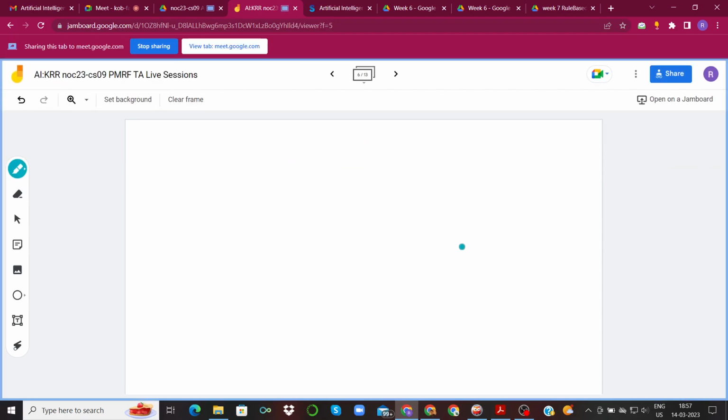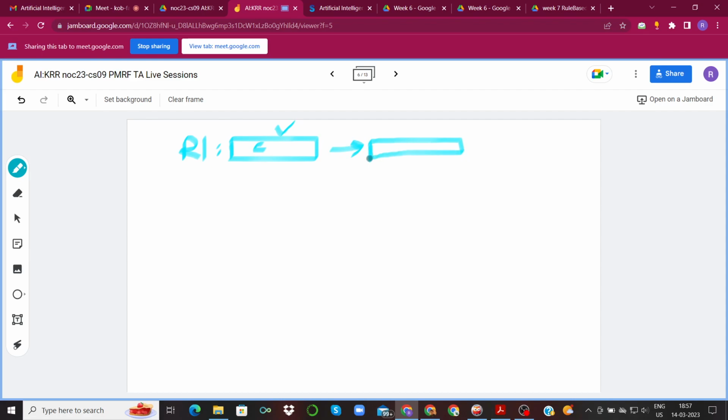All right, so in rule-based expert systems, you have a certain set of rules. So you have rule one, and this has a certain format. I'm not writing in the proper format, but you can check out the format from the lectures directly. There's something called OPS5 that they use. So there's a rule that looks for a certain set of conditions. If these conditions match, then it will make some changes to the database and add some other things. This is basically called a working memory. So we have something called a working memory which has a certain set of facts,